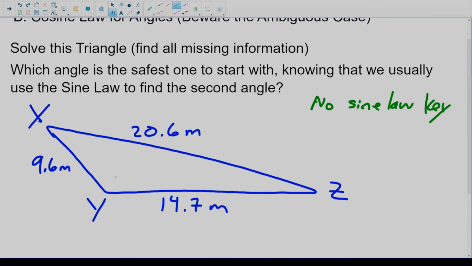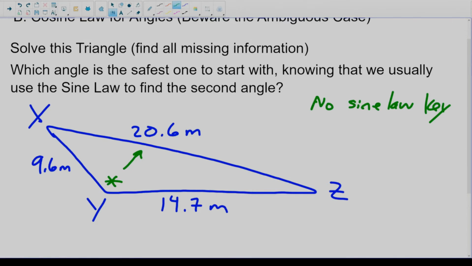If we start by finding angle y, the opposite side to angle y is the longest side of the triangle. That means both of the other two sides are shorter than that side. And when your key side is the longest side, you don't have to worry about the ambiguous case at all. So if you're given the choice, you should always try to find the biggest angle, which is always across from the largest side, in a cosine law scenario where you're looking for angles. Then you can freely use the sine law and not have to worry about the ambiguous case. Or you could just use the cosine law